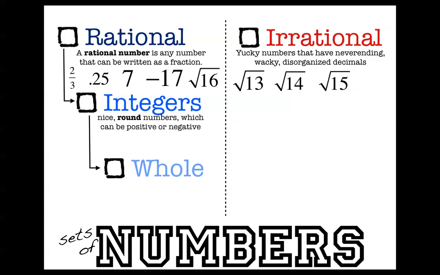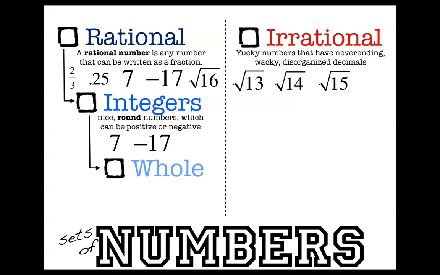Integers are a certain type of rational numbers. So, integers are nice round numbers. They can be positive or they can be negative. So, is 2/3 an integer? No, because it's fractiony and it's not a nice round number. But 7 is an integer, and negative 17